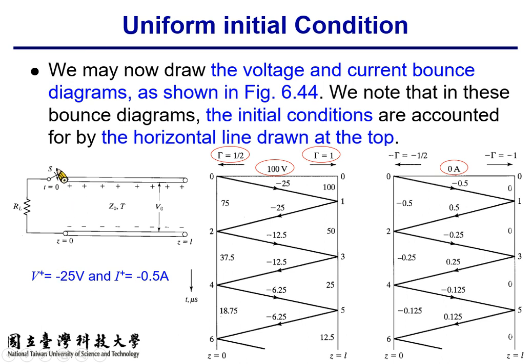and we know that the V plus I plus signal that starts at t equal to 0 will propagate to the right and get reflected, because on the right hand side we have a reflection coefficient of 1, so you will have V minus and I minus signal. And the V minus I minus signal that arrives at the left hand side will get reflected again, because the reflection coefficient here is what? Is 1